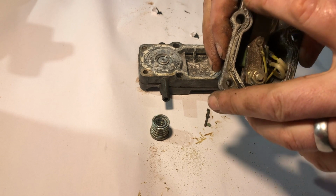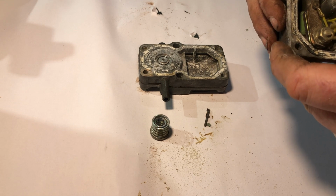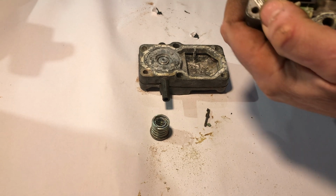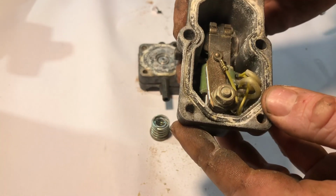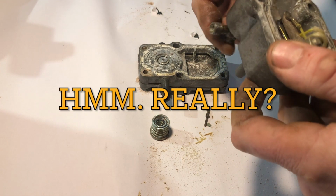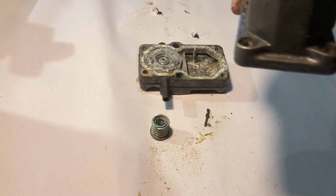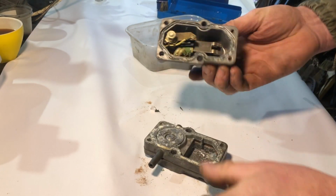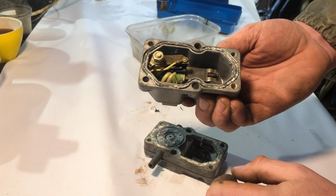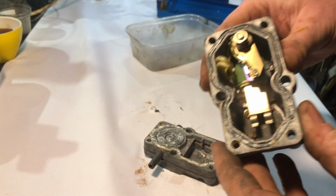That gasket is shot. I wonder if this is full of fuel. I guess it must be. This fills with fuel. Yeah, it must be, because that's the outlet. Interesting. So I blew it out with air. Still looks really clean. You can see a date mark, it says 80 in there. So I presume it hasn't